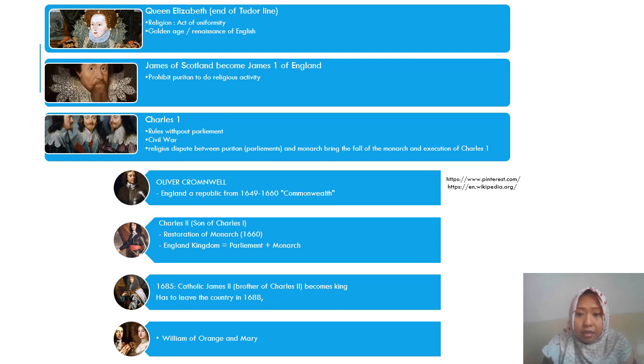It means that Charles I was executed because of the fall of the monarch. So after the end of the monarch here,